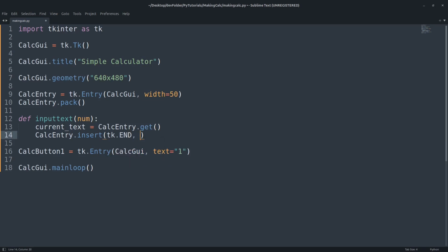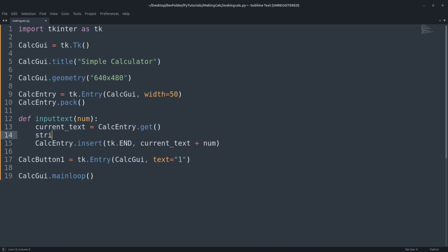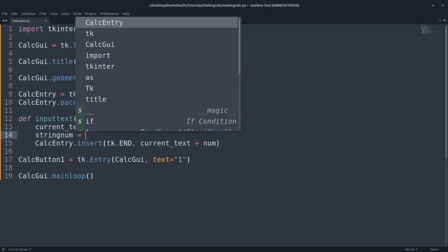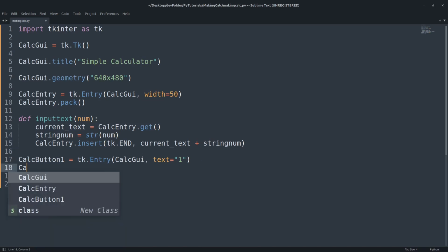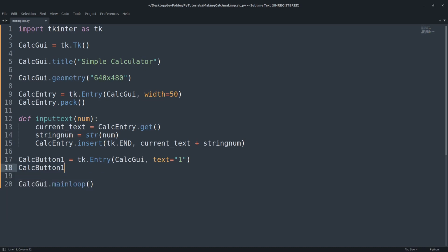This is just going to insert at the end: current text plus num. We should probably convert the number into a string, so str(num), so that we can actually put it there. It's good practice. Even if it works without, I highly recommend you do this. It helps clear up any errors. So let's see if this works. First of all, we should pack it. Currently I'm just going to pack it, then I want to make it an actual calculator layout, a grid type layout. So calc button 1 dot pack,